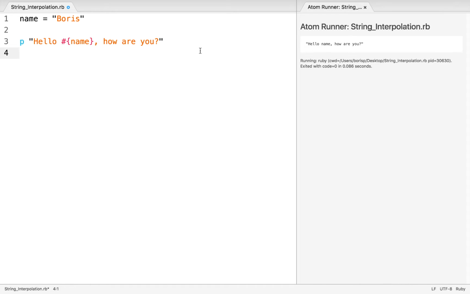So now when I execute this, we're going to get what we want. And we can see name is going to be replaced with Boris, which is what name is pointing to right here. And that's simply going to be injected, or interpolated is the proper word, into the middle of this outputted string. As I mentioned, one of the cool features of interpolation in Ruby is that Ruby will automatically convert the data type of the interpolated value to fit it into the string. So let's take a look at another